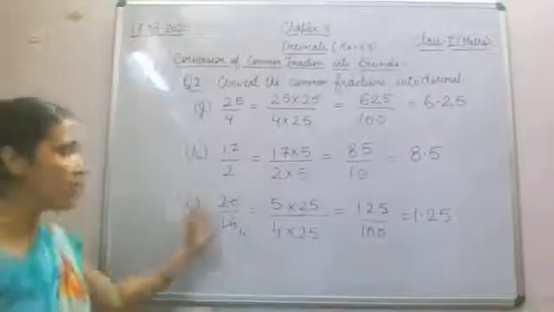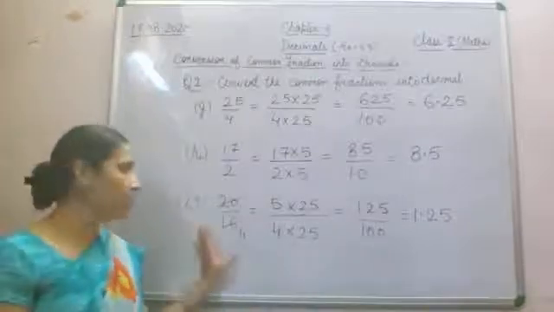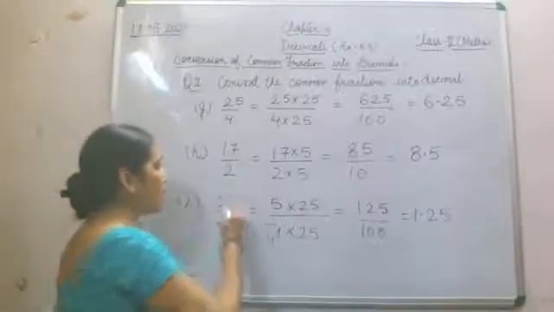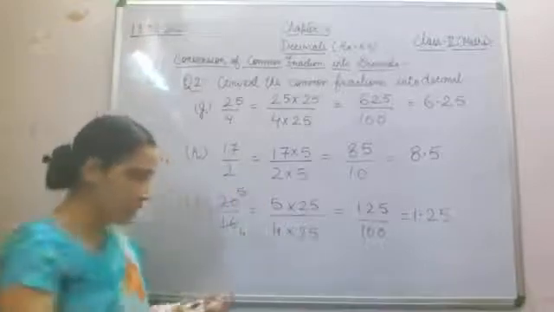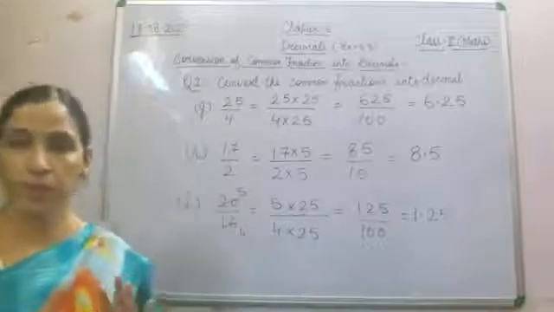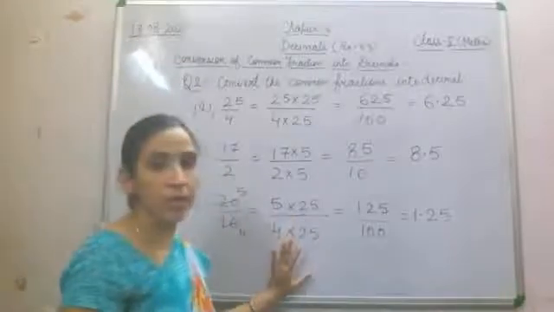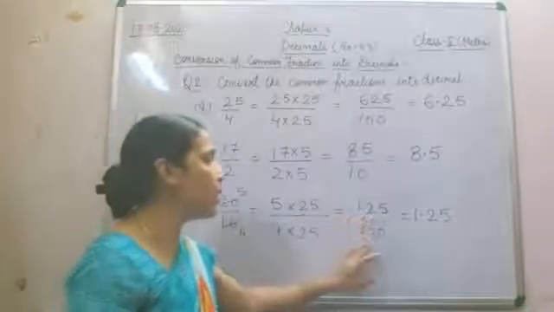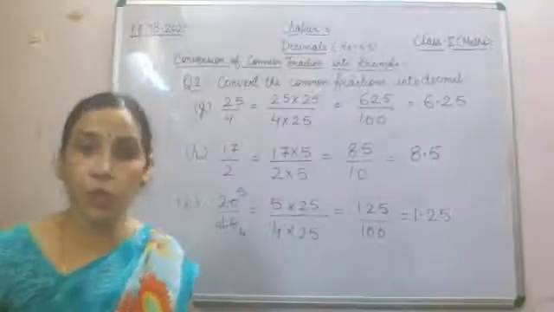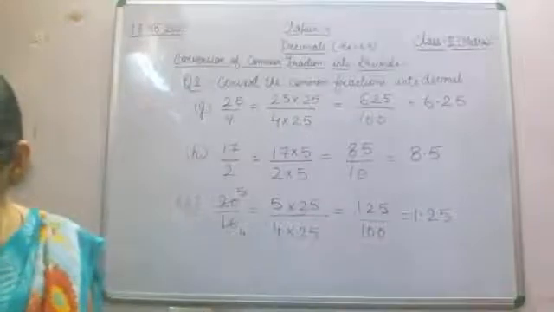So by this you can do this I part also. Sometimes you are given a fraction which is not reduced to lowest terms. So in that case you will reduce that given fraction into lowest terms, and after reducing it, you will multiply by a common number so that the denominator will become 10, 100 or 1000. So with this we have completed our I part also. We multiplied by 25 and got 125 divided by 100. Now it is divided by 100, which means it has two decimal places. We'll count from the back and put a decimal.